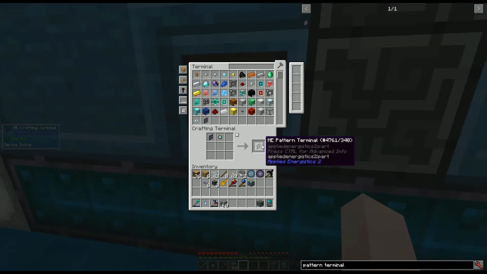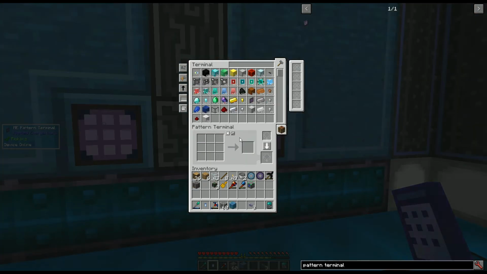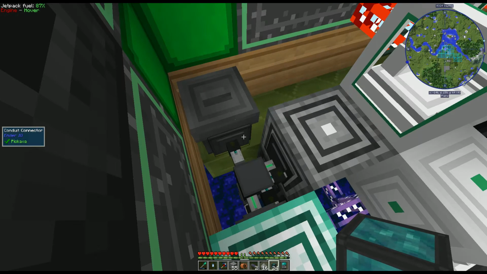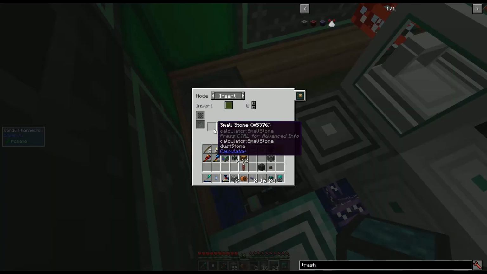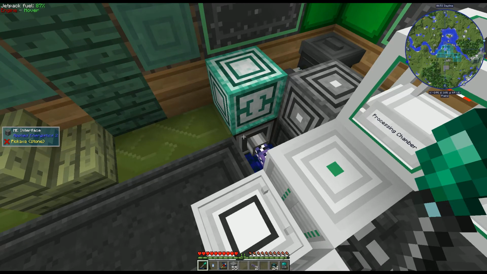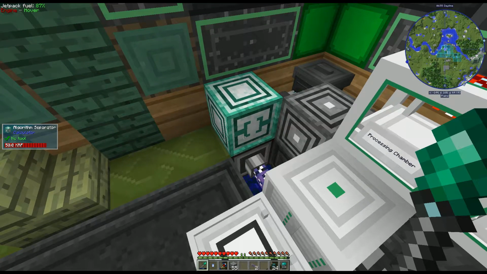One interface. One pattern terminal, which I can use to make crafting recipes that I can place into interfaces. I'm going to place an interface in this algorithm separator. This trash can will be inserted into by this item conduit with a filter on small stones. 5 patterns. Not only do interfaces allow you to make crafting recipes that go straight into machines, anything you insert